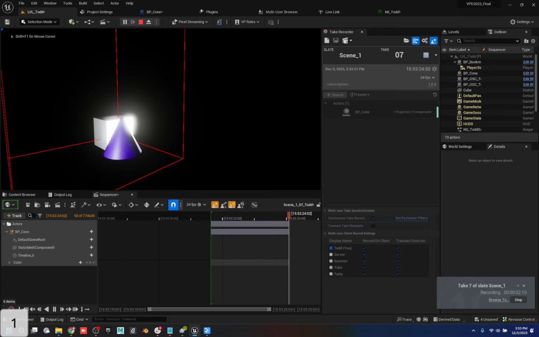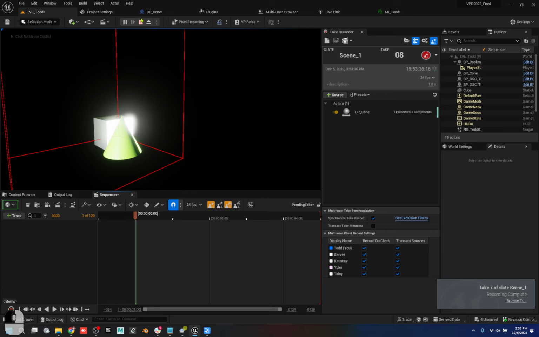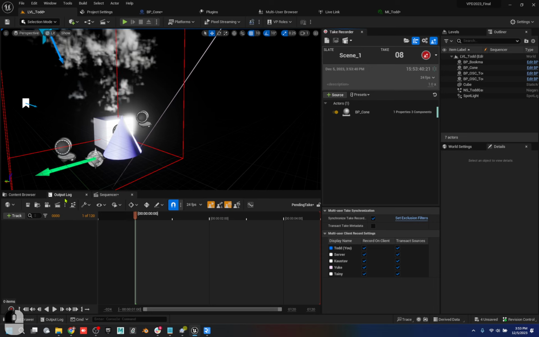There we go. I don't know why I wasn't doing it right. So now I'm recording, and it has to be in play. If you're doing a simulate, it won't accept key presses, only OSC. Hit stop, stop, and then if I preview the last recording,